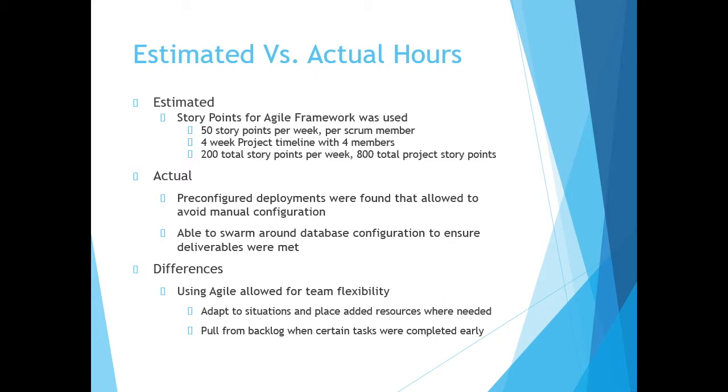For the estimated versus actual hours, our team chose to go with the Agile framework and use story points to track our actual capacity. In the beginning, we allocated 50 story points per week per Scrum member with a 4-week project timeline. With 4 members, that total came to 200 story points per week, or 800 total projected story points for the project. In actuality,